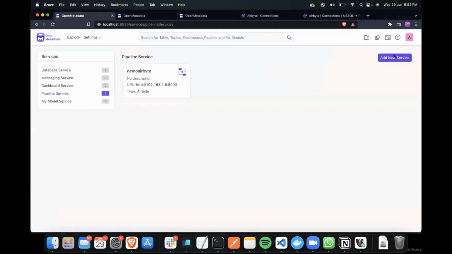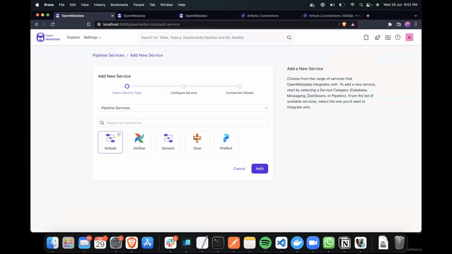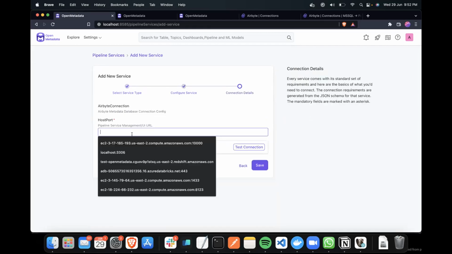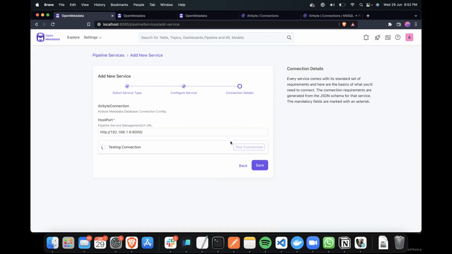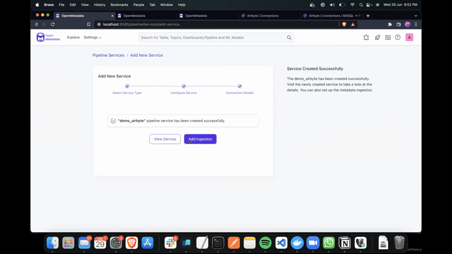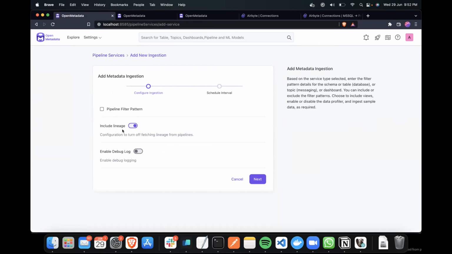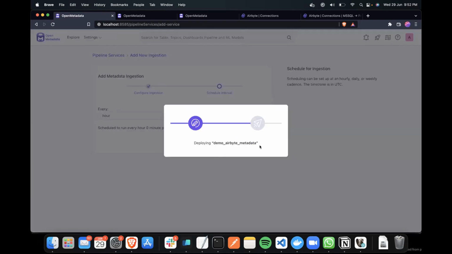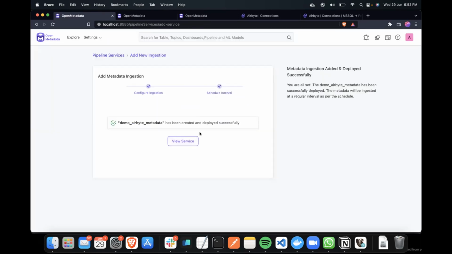Airbyte is a pipeline service. You can choose Airbyte over here, put in the host and port, and test the connection. The connection was successful. We also want to include the lineage, so we'll check this switch, and we'll deploy. Okay, so the service has been created,